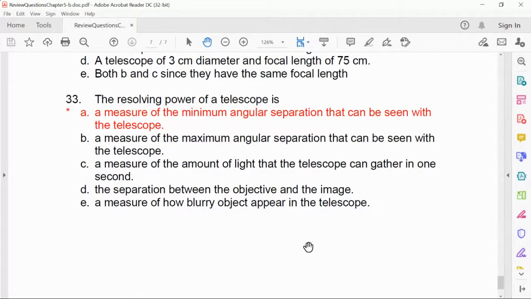Now, any questions on these? Any questions on what we have done so far? Good. So we're done with chapter number 5. Next lecture will deal with